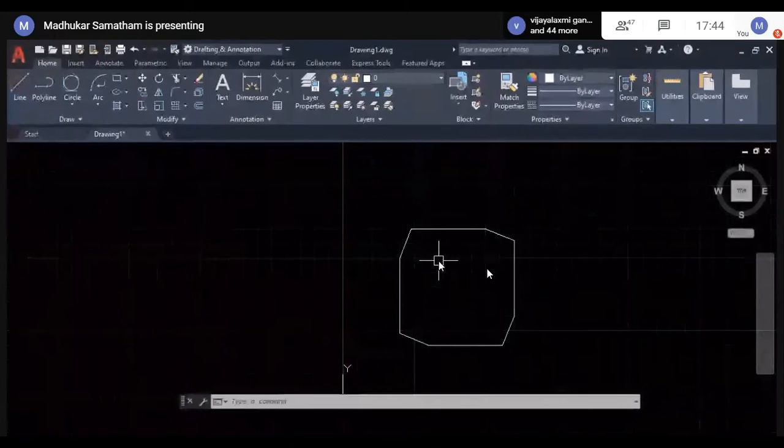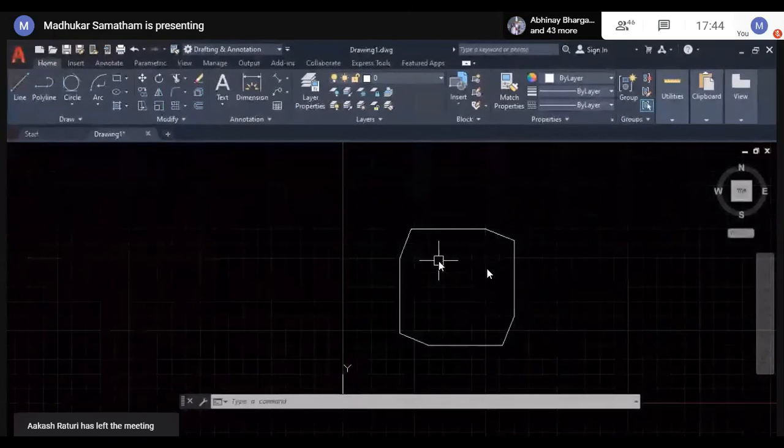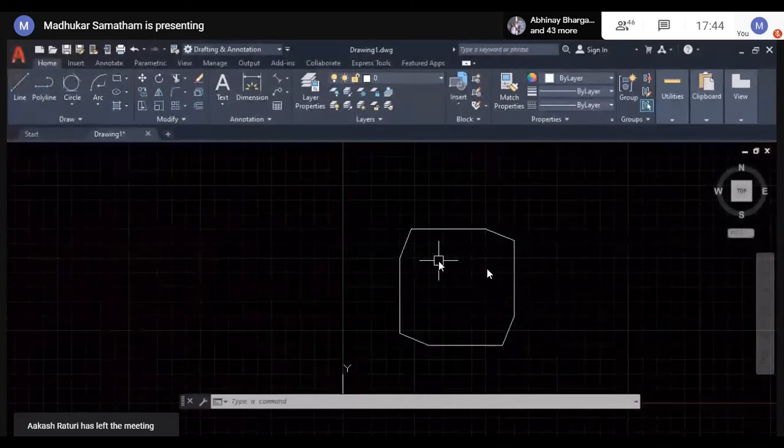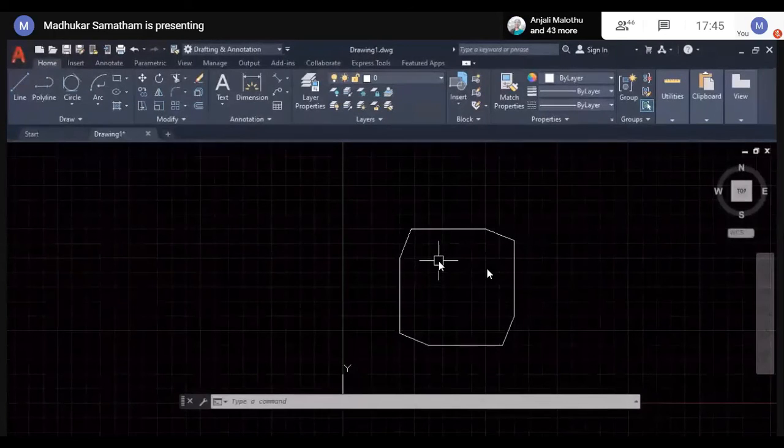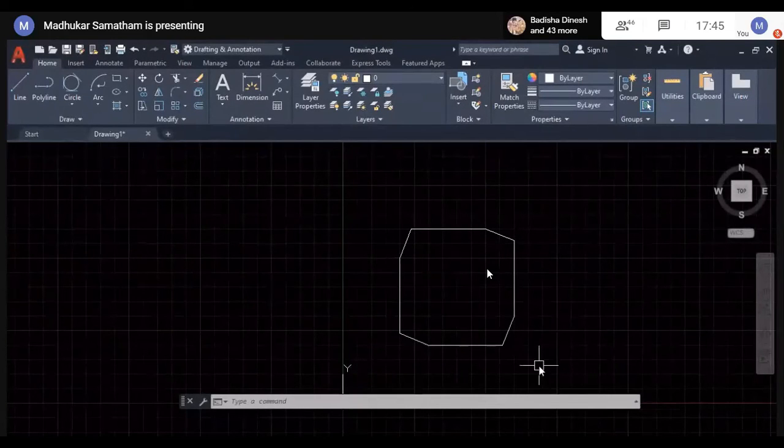So you must understand, when you are going for the chamfer, x-axis must be our first distance, y-axis is our second distance. This is the advantage. Instead of creating a rectangle, then later going for the chamfer option in the modify toolbar, directly you can generate a chamfered rectangle.